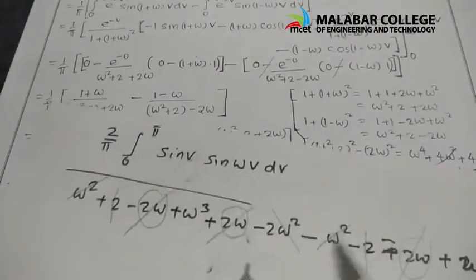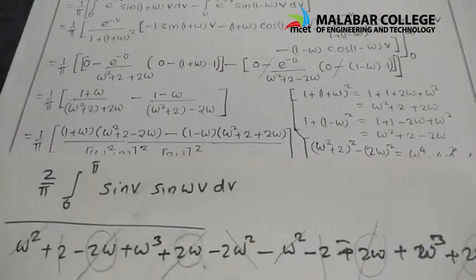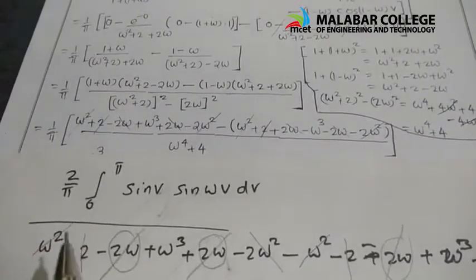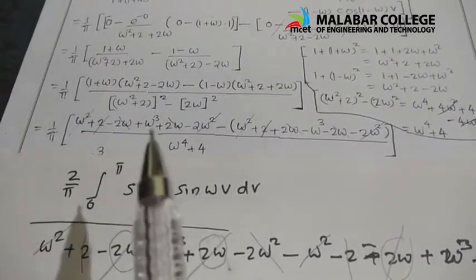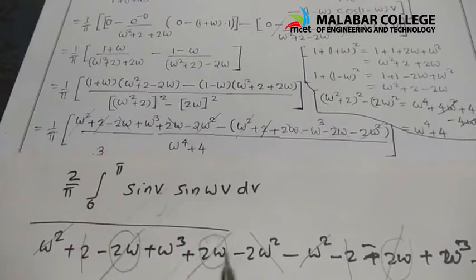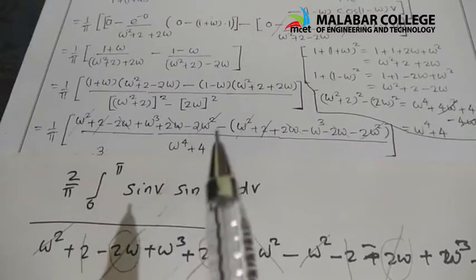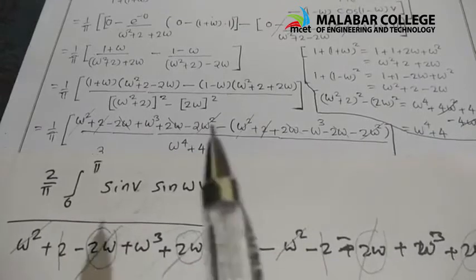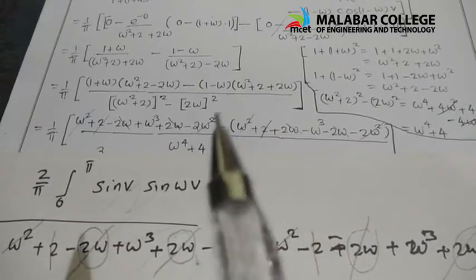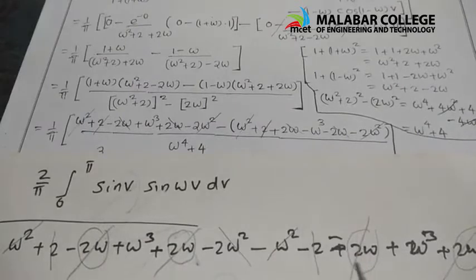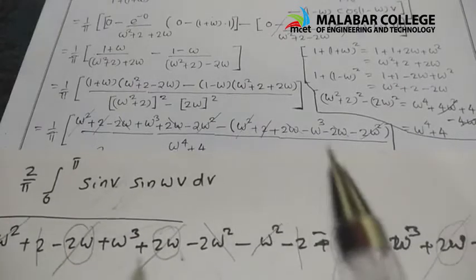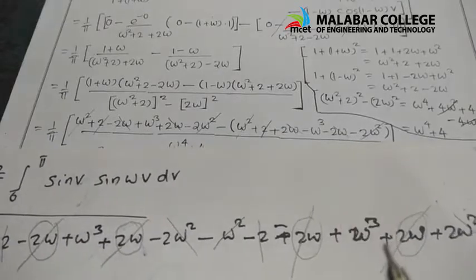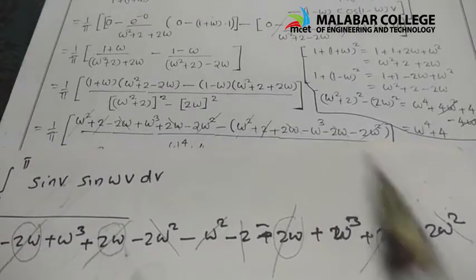That is what I have shown here again. This term is written omega square, 2, minus 2 omega cube, 2 omega square; till here I have written the same. This minus of term you have to multiply: minus into omega square, minus into plus 2, minus into plus 2 omega, minus 2 omega, minus of minus omega cube plus omega cube, minus into plus minus 2 omega, minus of minus is positive. The last term minus here is positive.